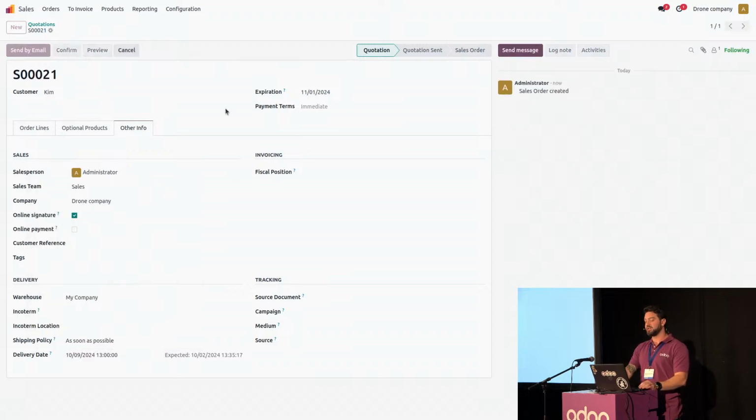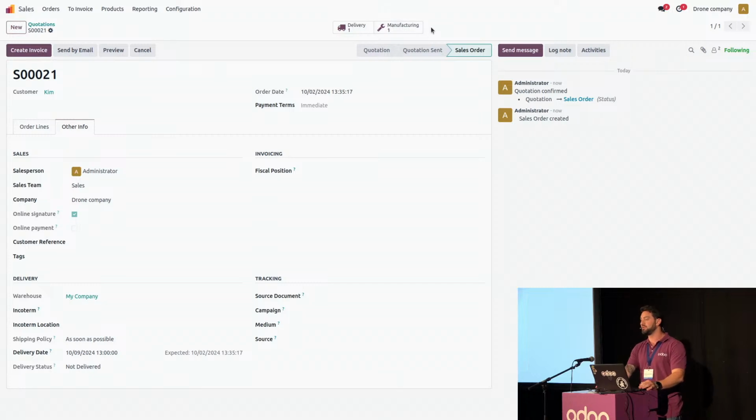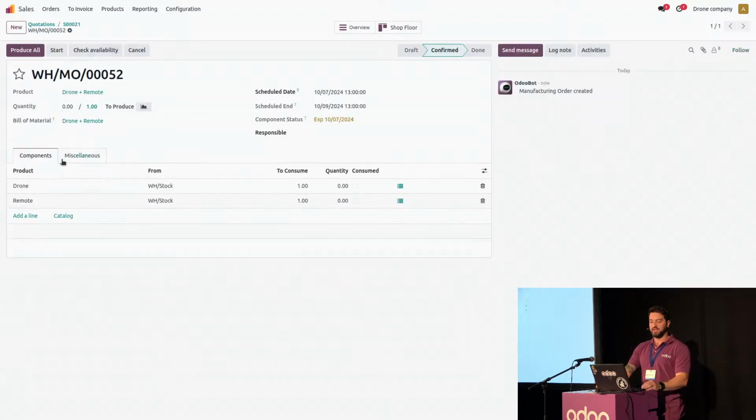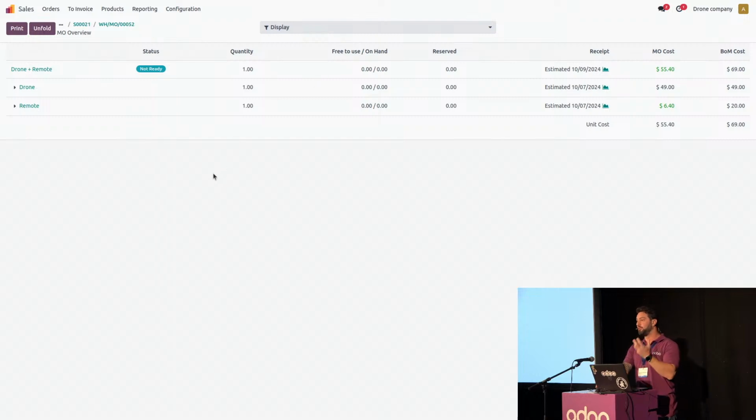We can confirm this, and we will see that the smart buttons will be created for the MTO, which was the normal behavior as before. So even though we don't have a strong link, we still have the smart buttons. And since we are not in a very busy schedule, we can start manufacturing the drone for Kim. What I'm going to do here is go through everything through the bill of material overview,